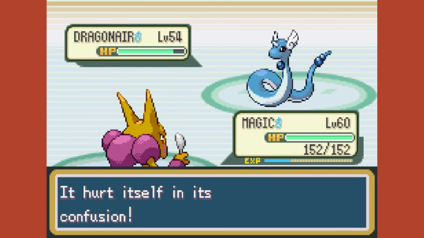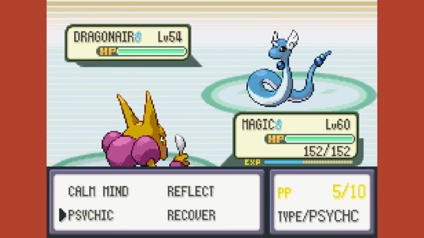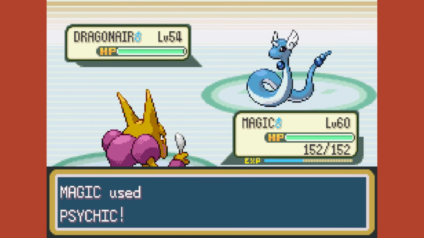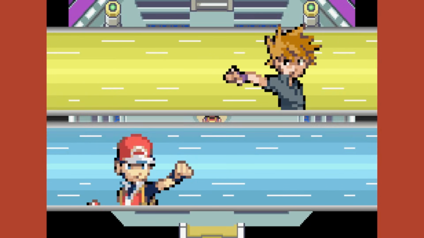And then lastly, we've just got two Dragonairs. So I'm going to go take the first one down with a Psychic, and then the second one that comes out straight after is also going to go down to another one-shot from Psychic, and that is Lance defeated, allowing us access to the final room of the Indigo Plateau, where we get into our final rival battle of the